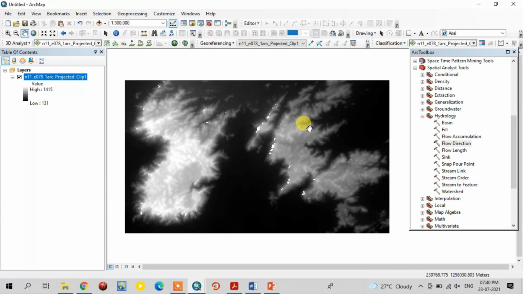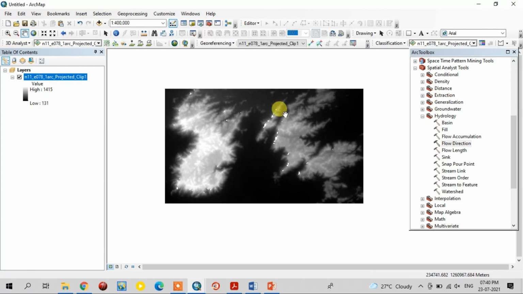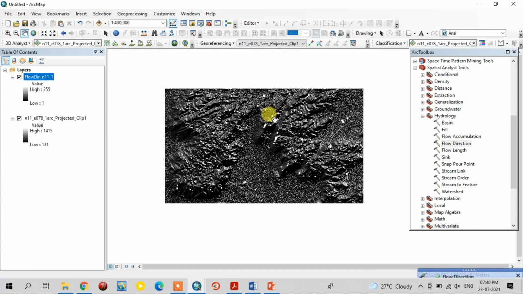Wait, it is running. See, this is the flow direction output. I will rename it as flow direction.